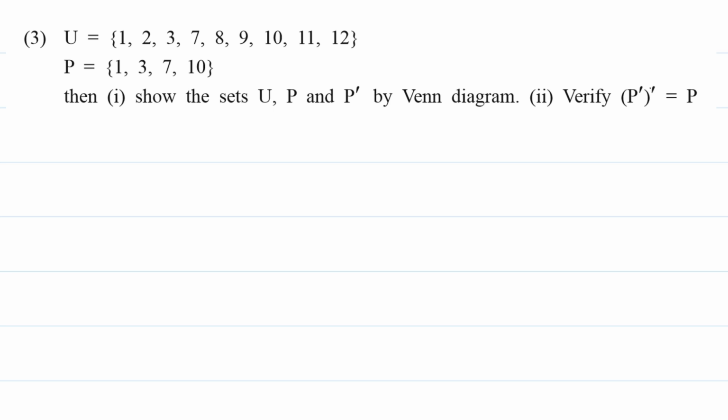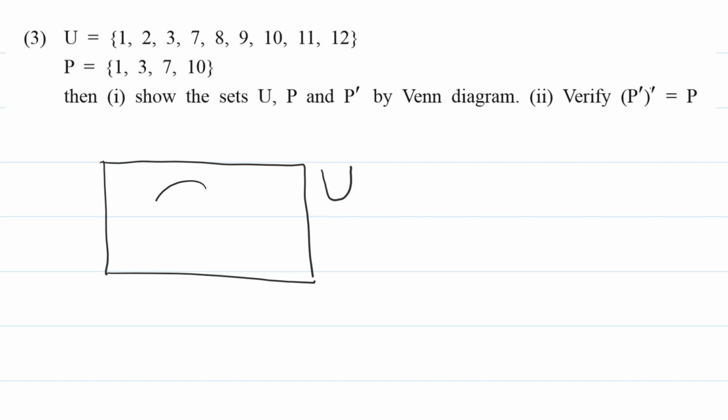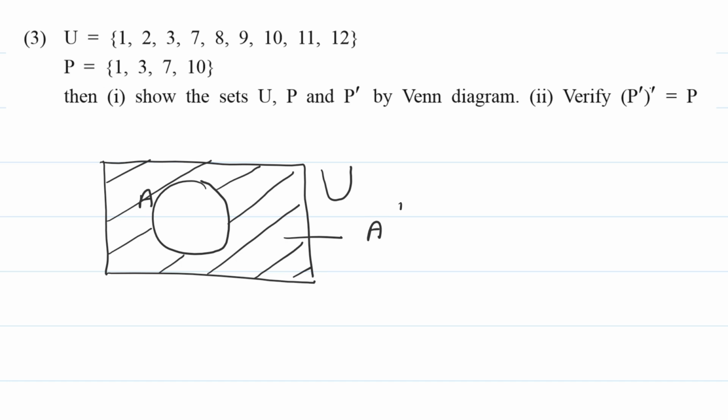Now first I'll explain what is complement of given set. If U is universal set and A set is subset of U, then remaining portion of universal set other than A is complement of A. Set builder form of complement of A is set of all x such that x belongs to U but x does not belong to A.